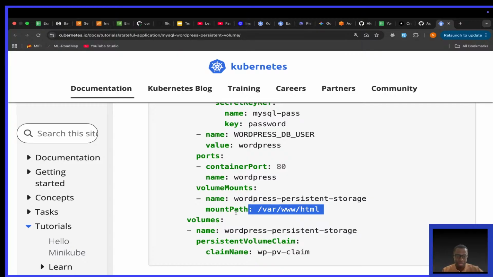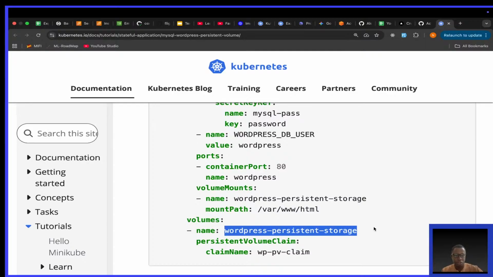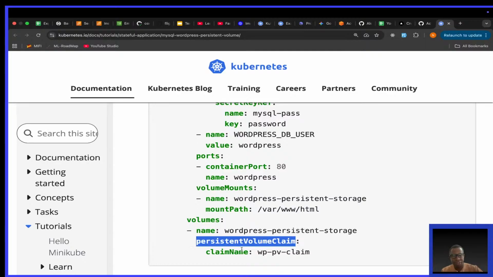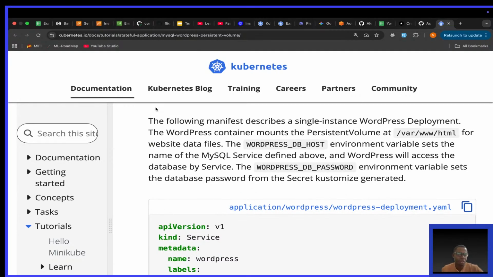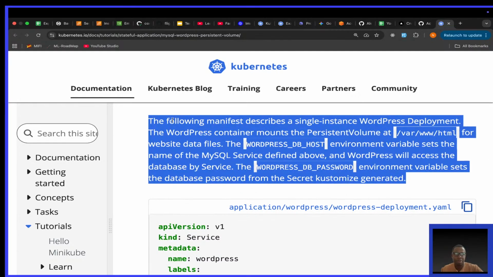Then the actual volume is defined here. The name is called WordPress persistent storage. And the persistent volume claim is this. Its actual claim name is WP PV claim. So this is how I interpret these things. And if you go up here, that's essentially what they try to say. When they say the following manifest describes a single